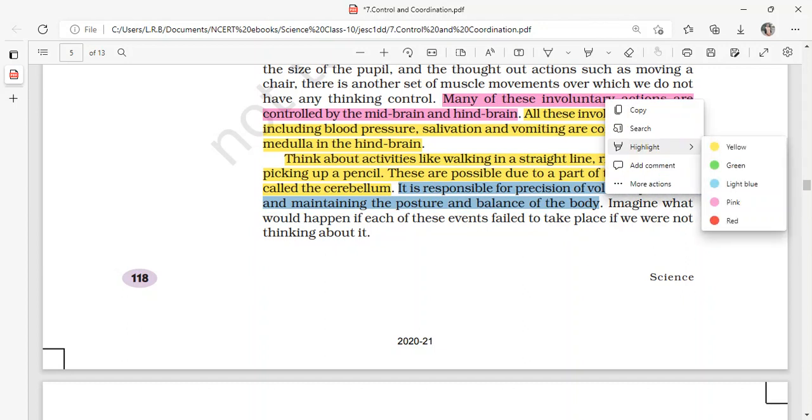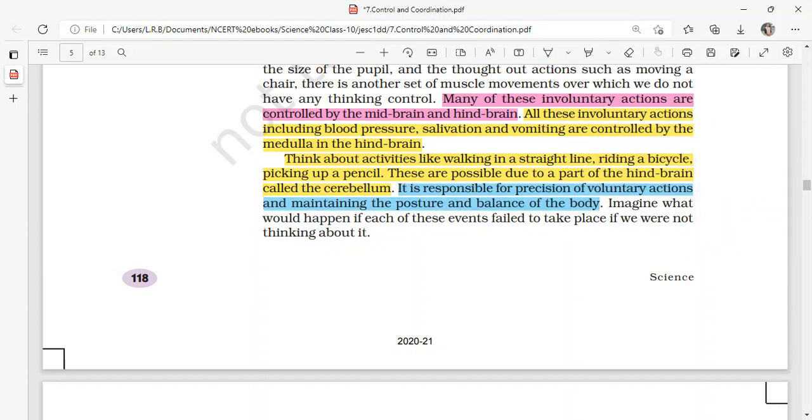Yes, make an underline and put a star mark here. So it is responsible for precision of voluntary actions and maintaining the posture and balance of the body. It is just like a gyroscope of the body. The cerebellum acts like a gyroscope, isn't it? Imagine